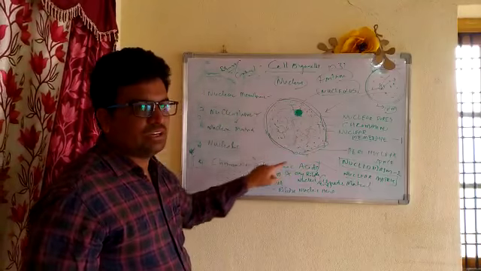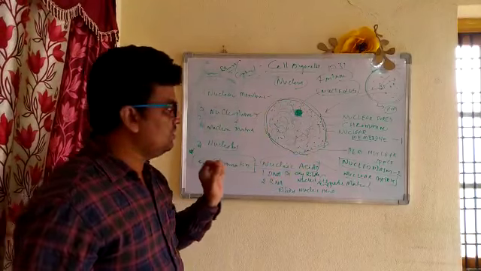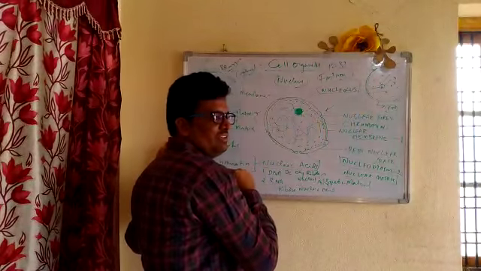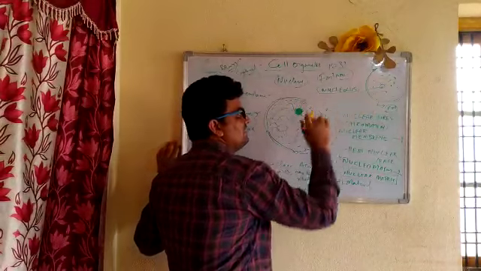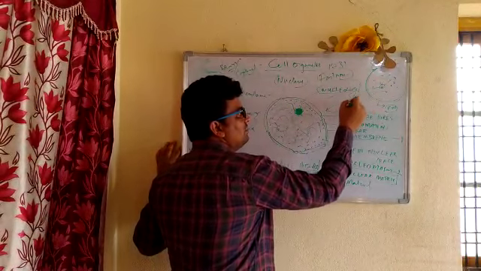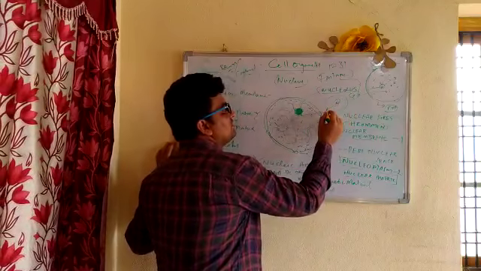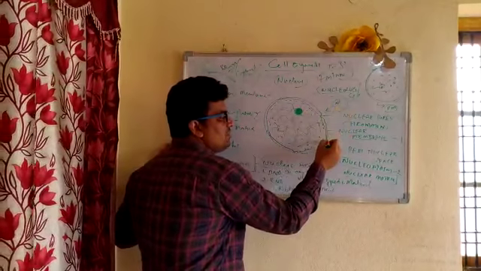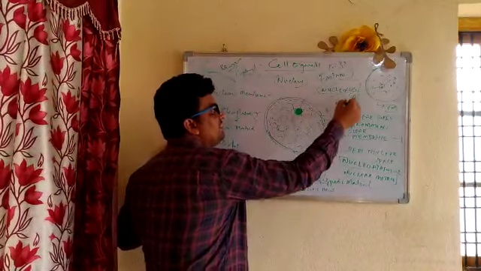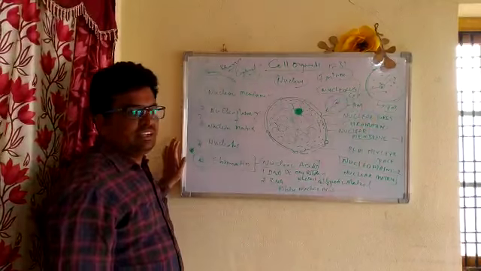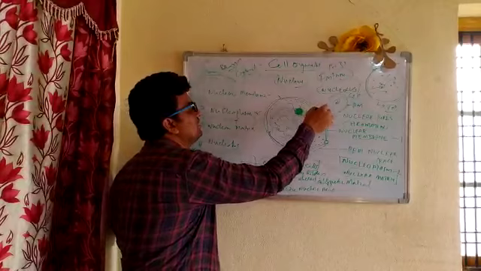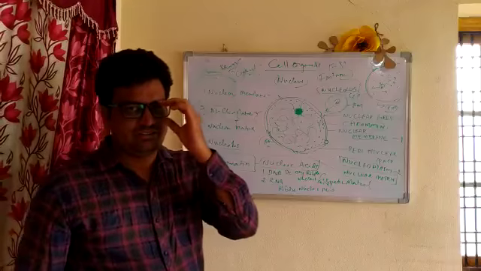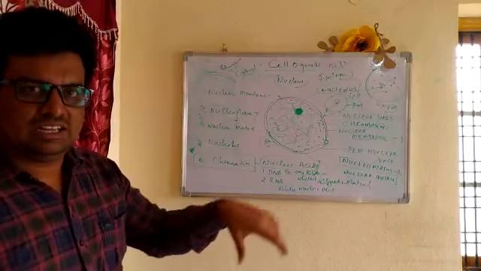First part, the outer covering of the nucleus. And I told you, you should not get confused. If you see, children, this one is the same; now it is acting as a nucleus. Nucleolus is different from nucleus. If I draw the cell, this structure appears similar, but what is the difference? You have to find whether it is a cell membrane or a nuclear membrane by looking for pores. If it is continuous, you have to understand it is a plasma membrane. If it has gaps or nuclear pores at regular intervals, you have to understand it is the nucleus. This is the important differentiation point between plasma membrane and nucleus.